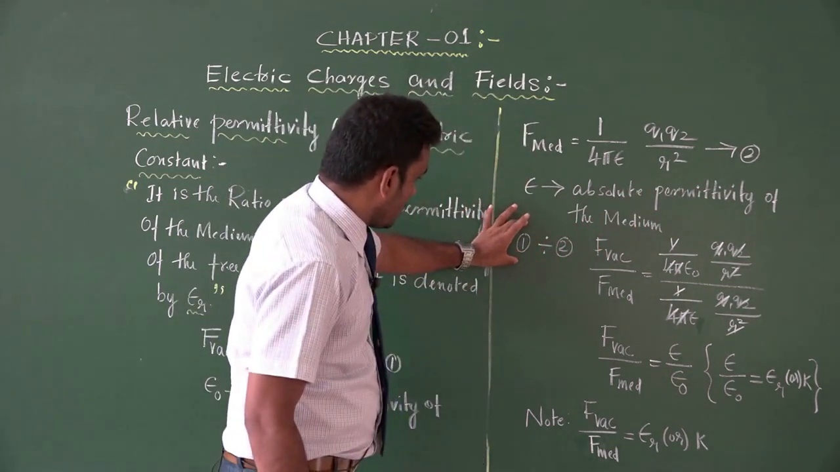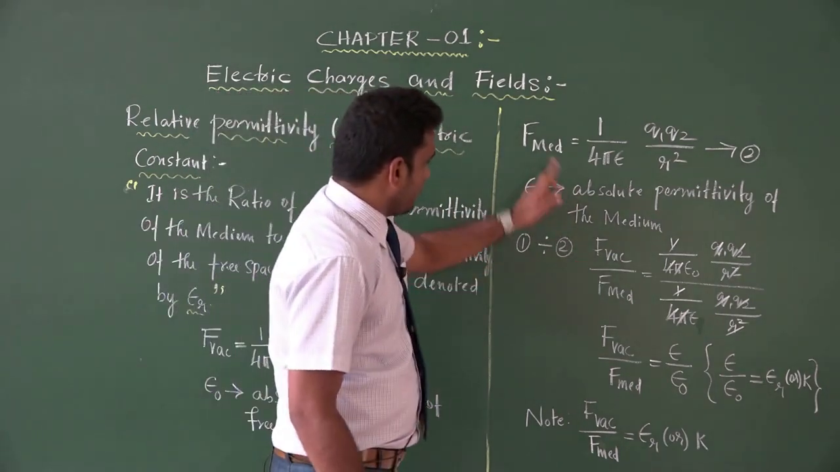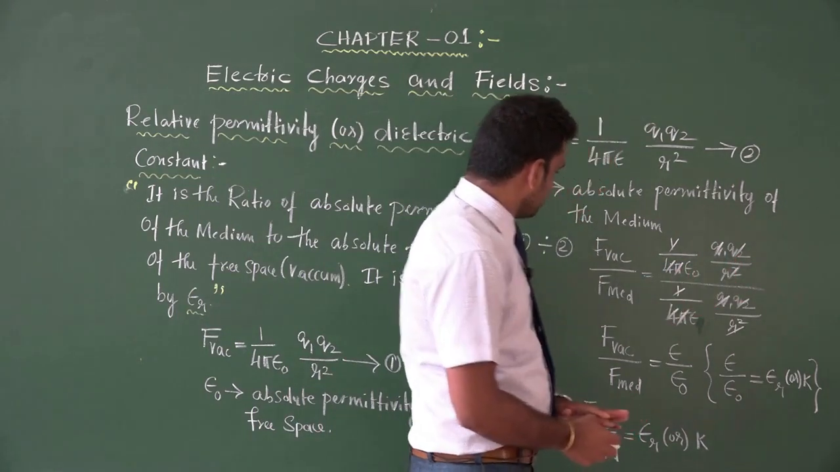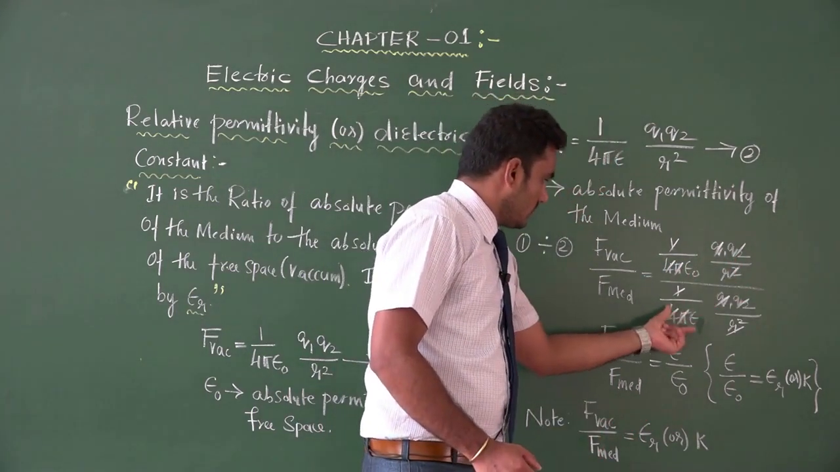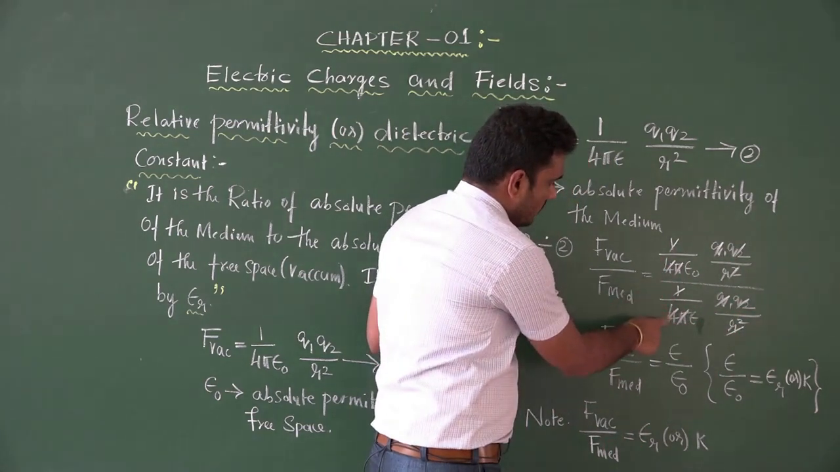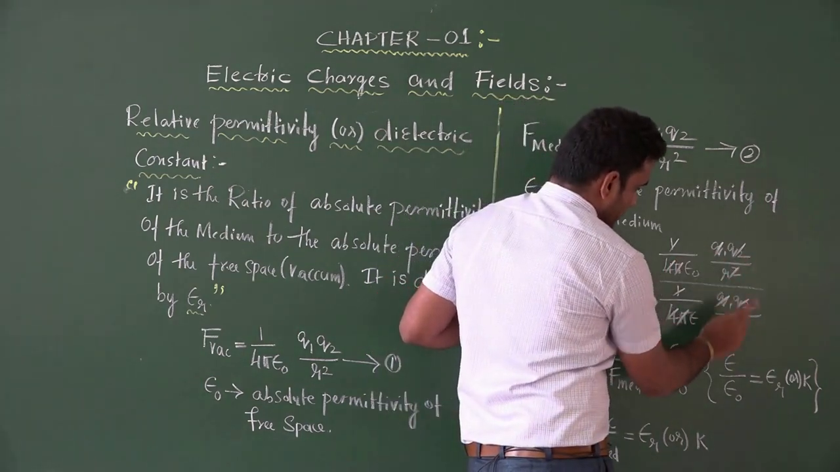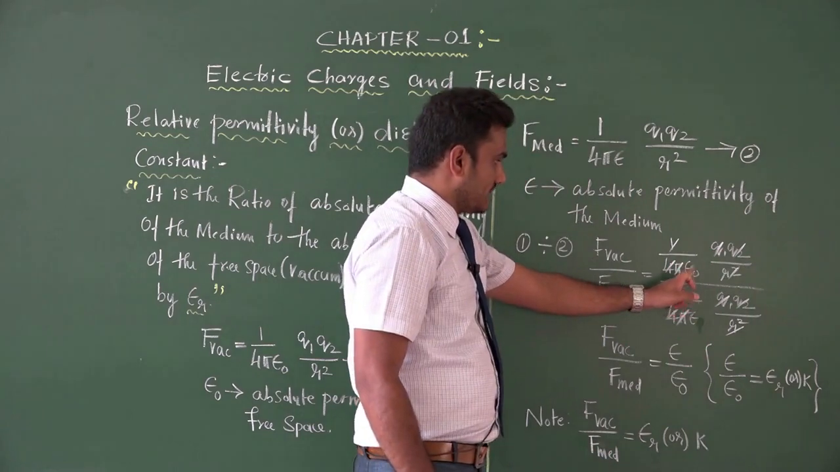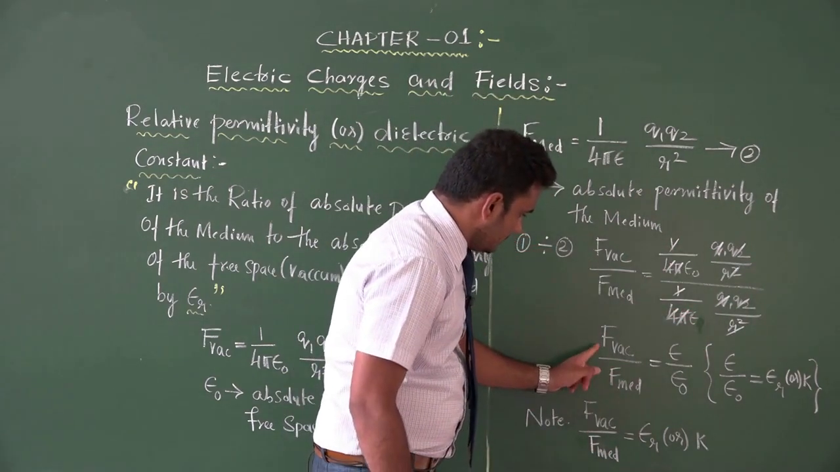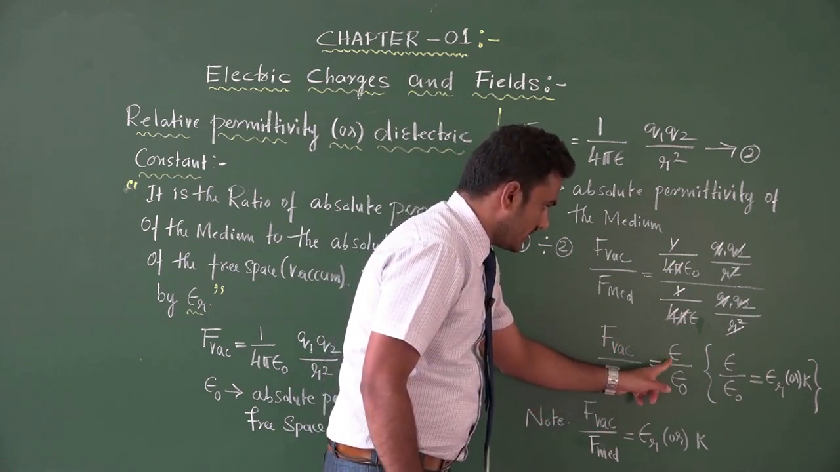Now equation number 1 divided by equation number 2. Then F vacuum divided by F medium: 1 over 4 pi epsilon naught q1 q2 divided by r squared, over 1 over 4 pi epsilon q1 q2 divided by r squared. The 1, the 4 pi, q1, q2 and r squared get cancelled. The remaining thing is epsilon over epsilon naught. If you simplify this equation, you will get F vacuum divided by F medium is equal to epsilon divided by